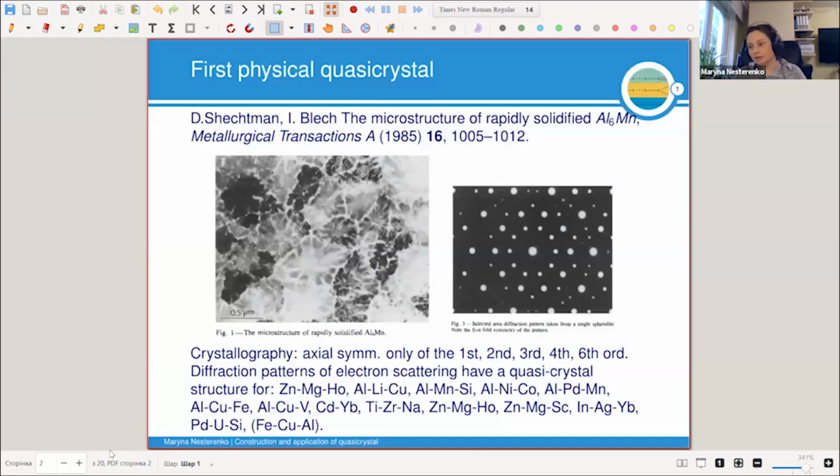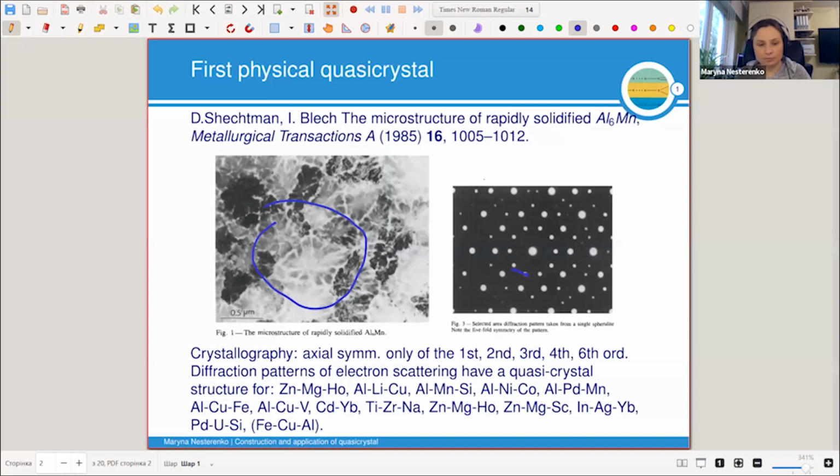To start with, let me tell you that quasicrystals were known in mathematics under a bit different names for a while. And the interest in quasicrystals was drawn by the paper of Daniel Shechtman and Blair when they froze some alloys. It was an alloy of aluminum and magnesium. And they found that when they considered the diffraction pattern of some local, spherical part of this frozen solid state material,